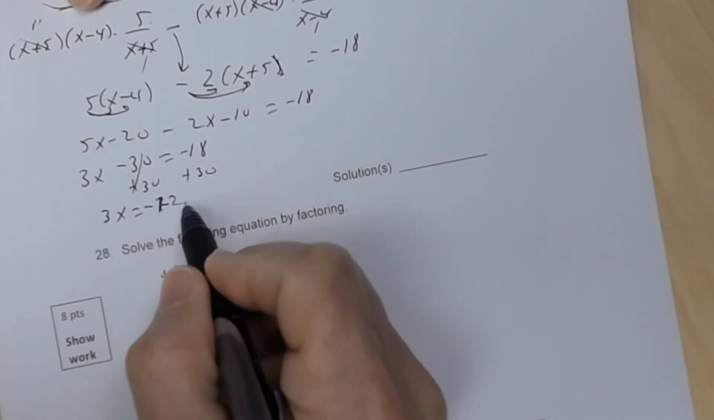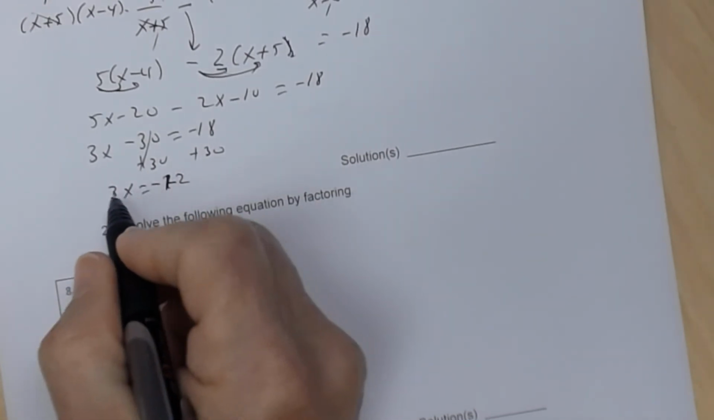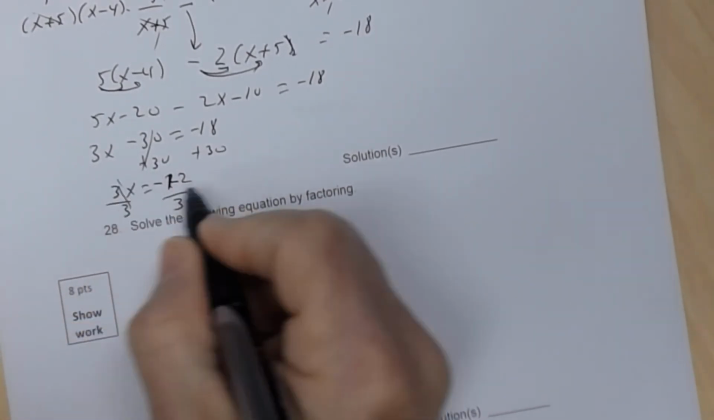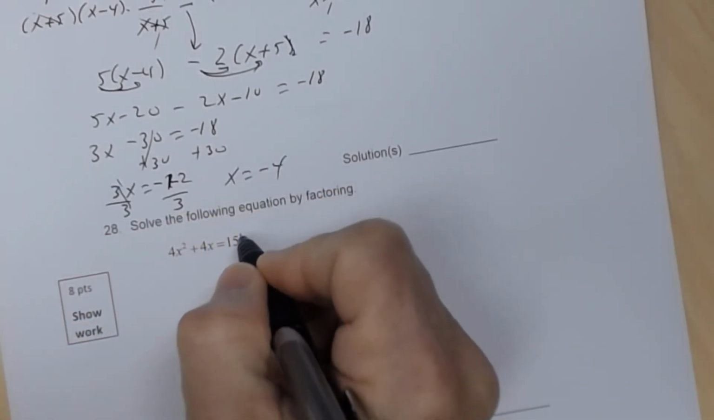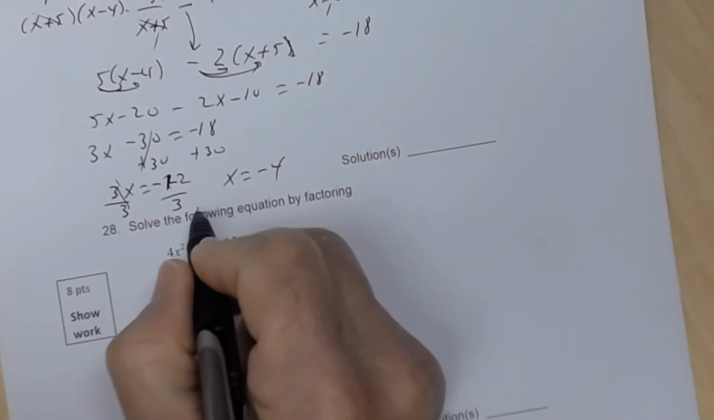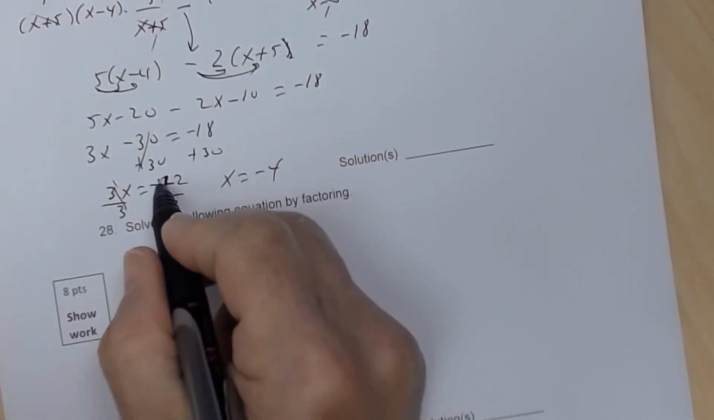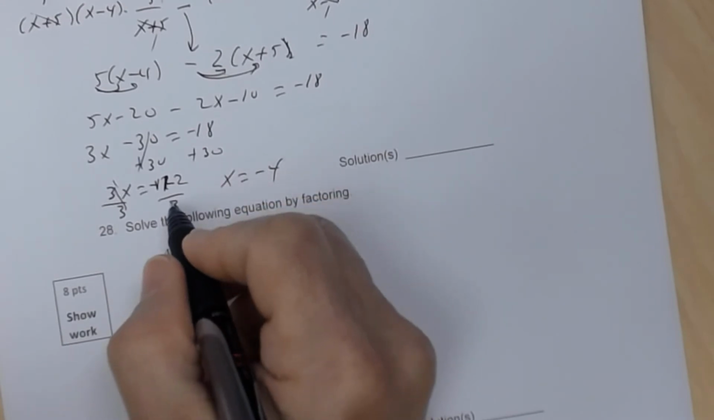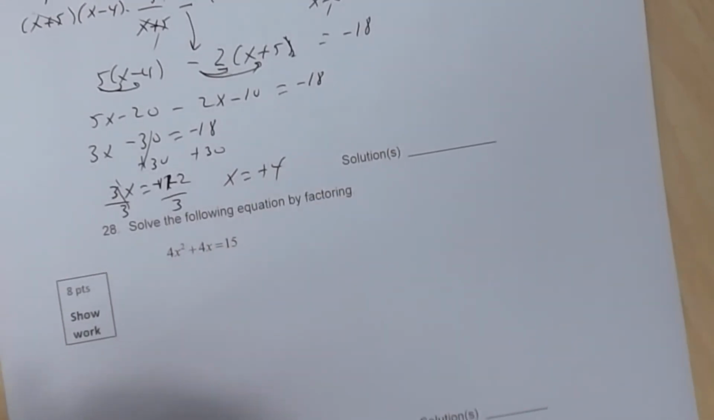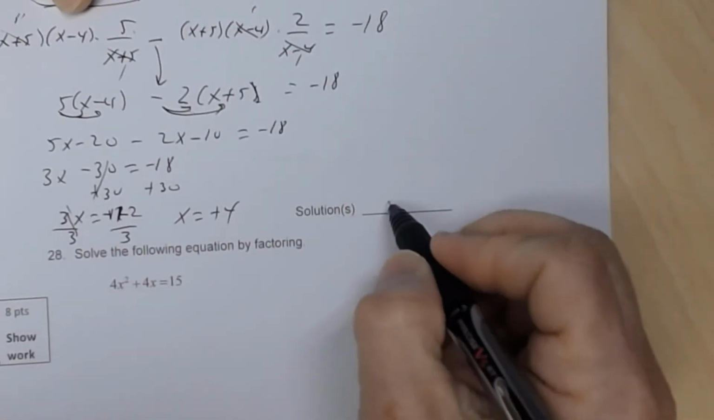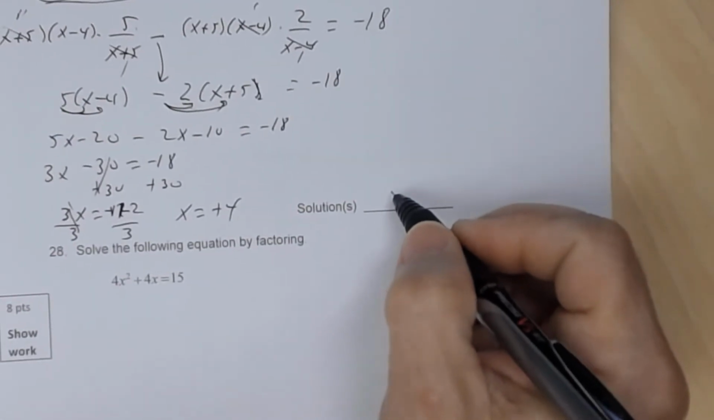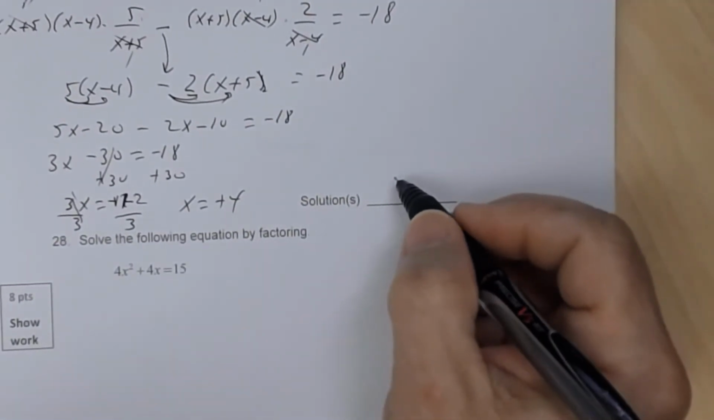Negative 12. So negative 12, that's negative 12. Divide both sides by 3, I get x to be negative 4. That's positive 12. And negative 18 plus 30 is 12, so that's positive 4. Positive 4. Okay, now many students they're going to just say the solution is 4, but you got to remember